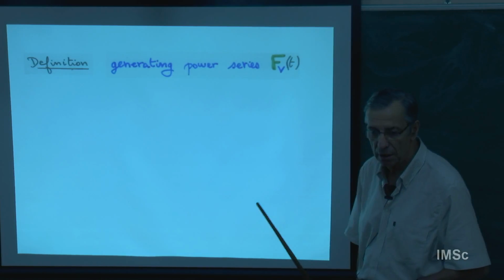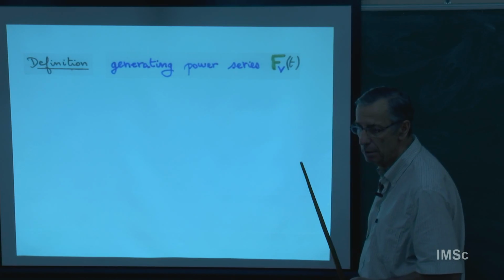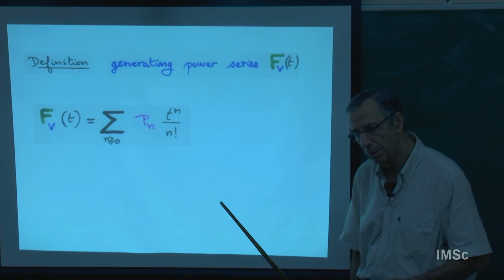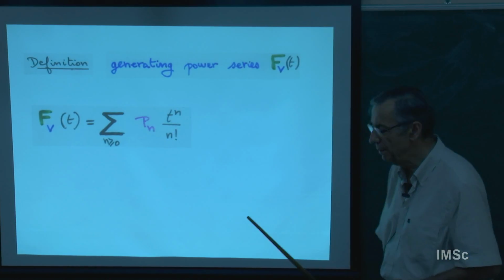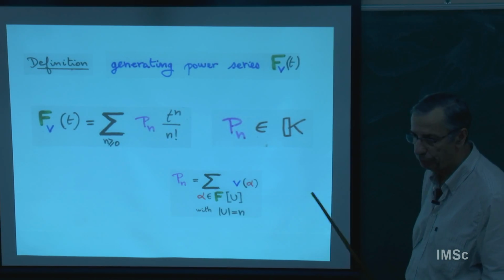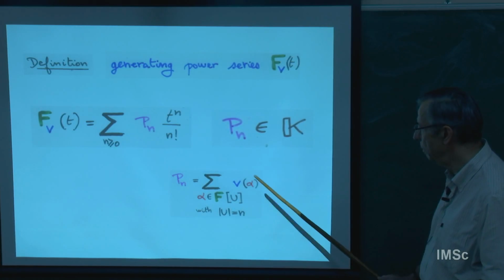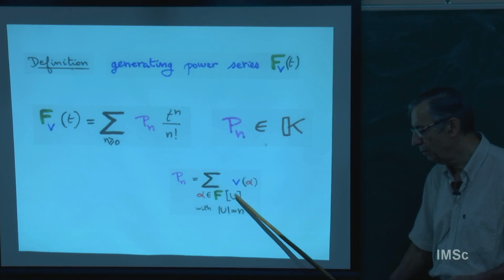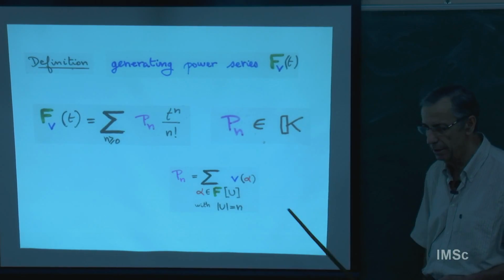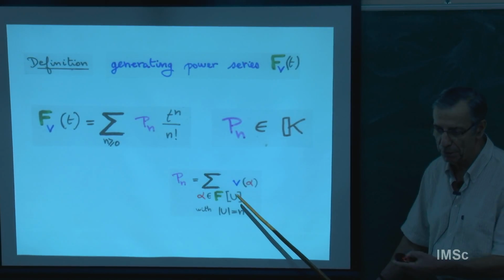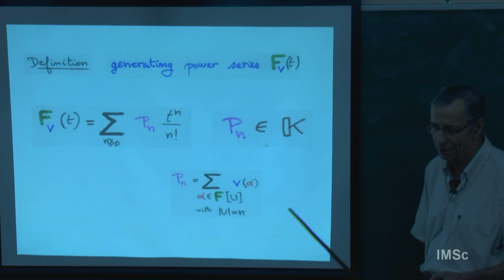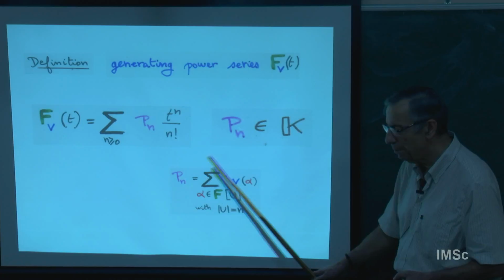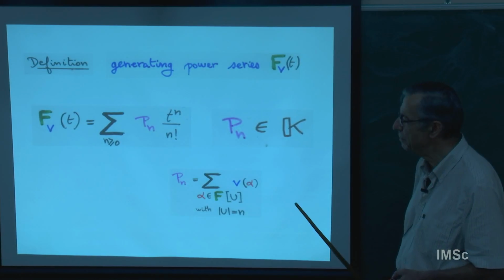And then there is a generating function, a generating power series, of the weighted species. In exponential notation, instead of a_n, the number of F structures, I will have P_n, a certain element of the ring K, where P_n is the sum of all the weights of all structures of type F on the underlying set U, where U has n elements. And it does not depend on U, because of the compatibility of transport, only on the cardinality n, and because of the compatibility of the transport of the weight when I do the transportation of structure in the functor defining the species.